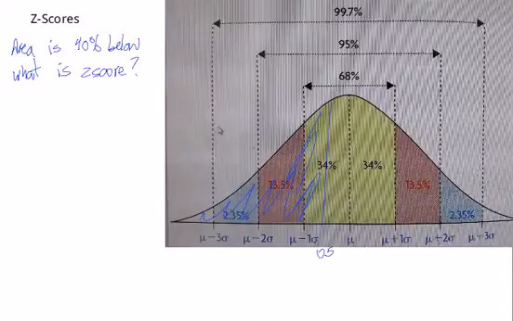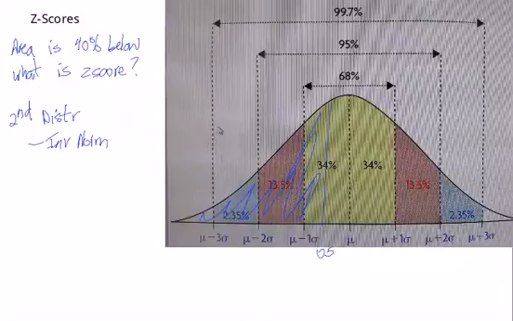So what we need to do is basically use our calculator to work backwards. So on your calculator, when you do these ones, you use inverse norm. So go to second distribution once again and pick inverse norm, which is number 3. Okay, so go down to inverse norm, and in this case, all we do is put in that area. So we do an area of 0.4, and if you have a newer calculator, just delete those zeros and ones once again. Just do the 0.4, hit enter, and it gives us a z-score of,